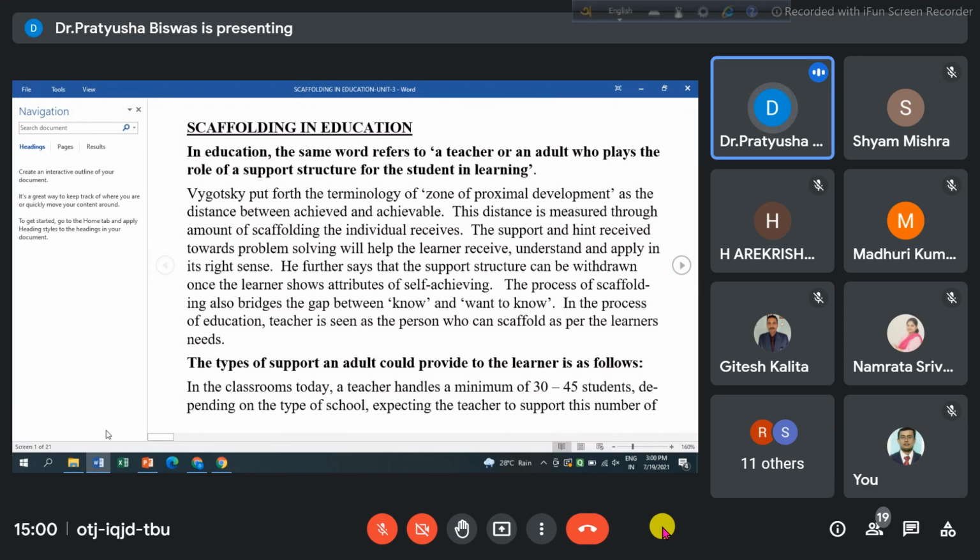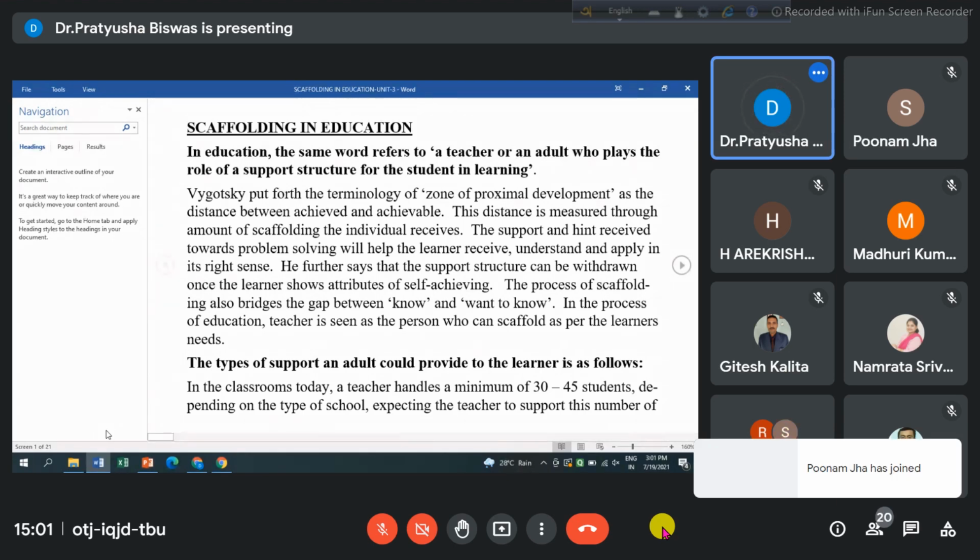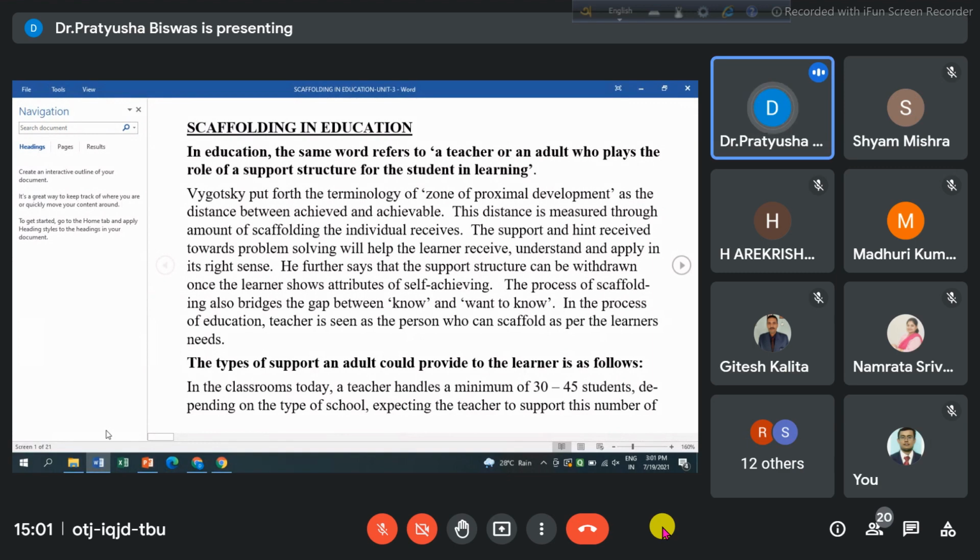Now, if I am on the achievable side, I have achieved half of the things, I am on the higher side, and there are yet many things I can achieve. And there is a stage when I have achieved. That particular distance is something that scaffolding helps to understand. Also, we need to understand that scaffolding, if it is properly channelized among the learners, will be very